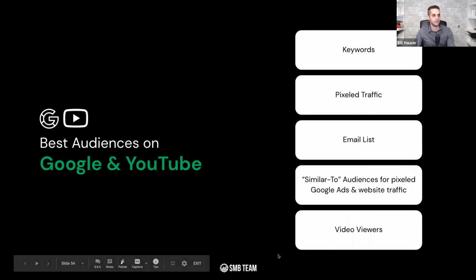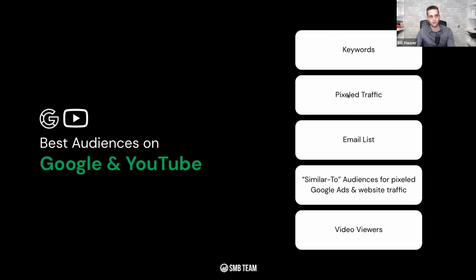The best audiences on Google and YouTube, if I only had one, I'd tell you to just focus on the keywords because that's the bottomest of bottom of funnel. Okay. Pixeled traffic. Again, this is if you have a pixel on your website or landing pages. You can also show ads to people who have previously visited your website. And sometimes they're a little prohibitive here for criminal defense and personal injury specifically. So if that's the case, just do keywords. It's the most effective way to do it.